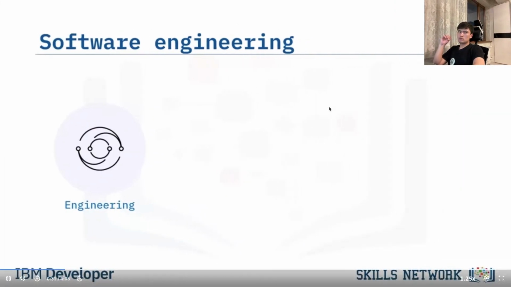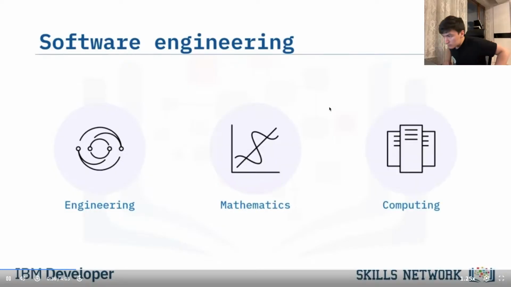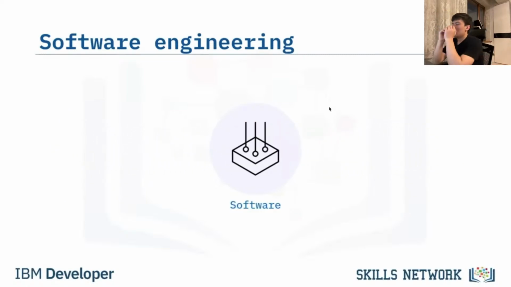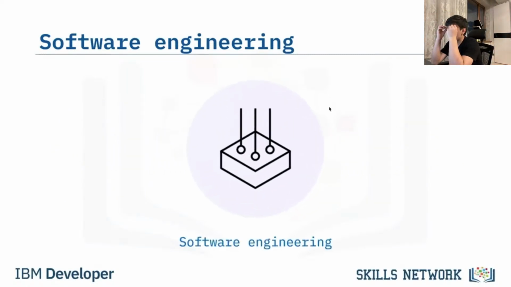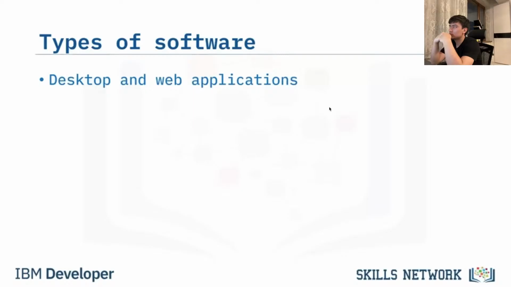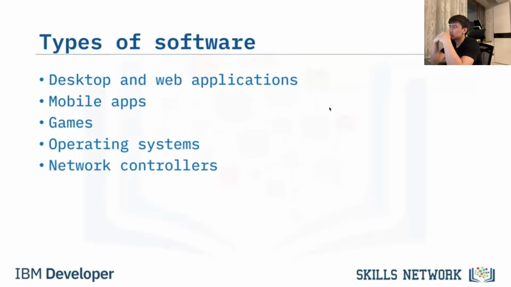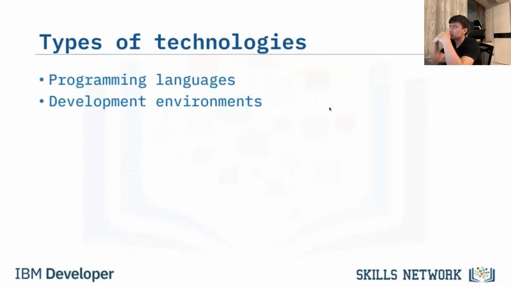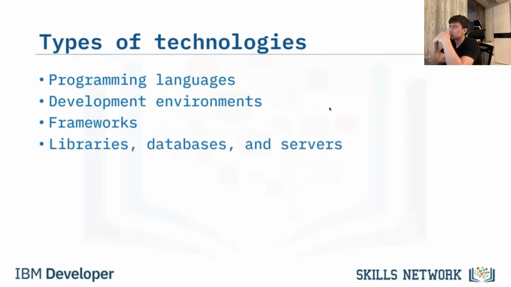Software engineers use their talents in engineering, mathematics, and computing to design and develop software that solves real-world problems for their users. If you're an analytical thinker who enjoys problem-solving, software engineering might be the career for you. Software engineers develop a plethora of different types of software, from desktop to web applications to mobile apps, games, operating systems, and network controllers. They use many technologies to do this, including programming languages, development environments, frameworks and libraries, databases,